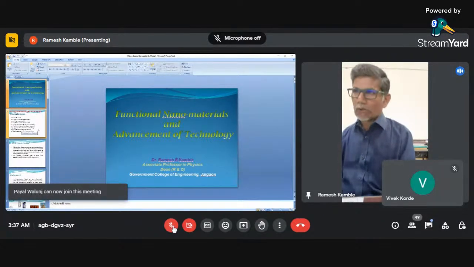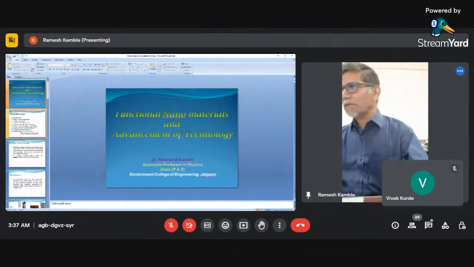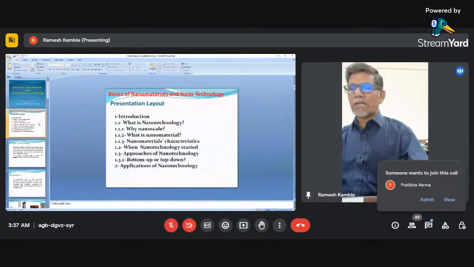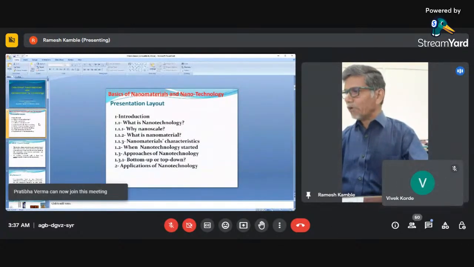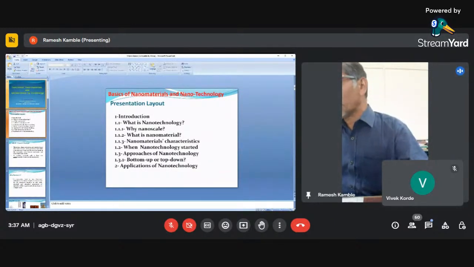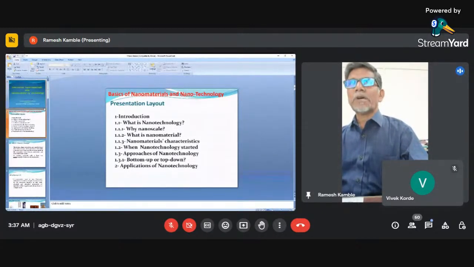Basics of nanoscience or nanotechnology. I don't know what kind of participants are here, whether all belong to sciences or whether engineering faculties are also there. But I think these days nanotechnology and nanoscience are equally important for all the participants in this workshop. And definitely, I will ensure that I will satisfy all the audience in this workshop. So I'm starting